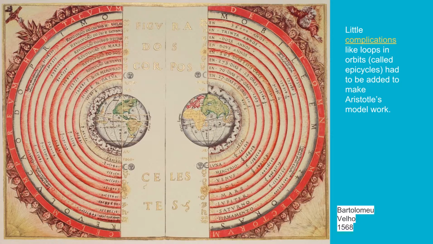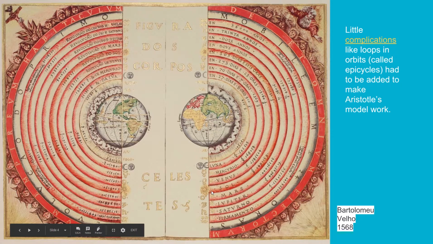And then outside of the Earth, we've got red spheres, and these are perfect spheres. So you can think of these as concentric spheres around the Earth, where in each sphere, you've got one of the planets they knew about orbiting. So one of the planets would have been in each of these little rings, and then outside of those perfect spheres, you have the perfect realm of heaven. So again, it's very tied to religion.